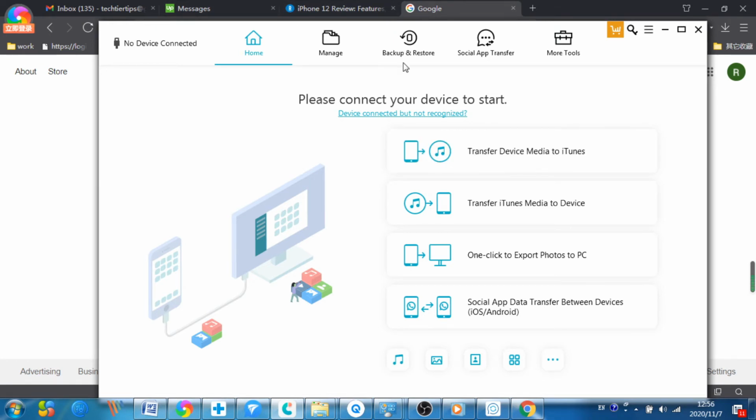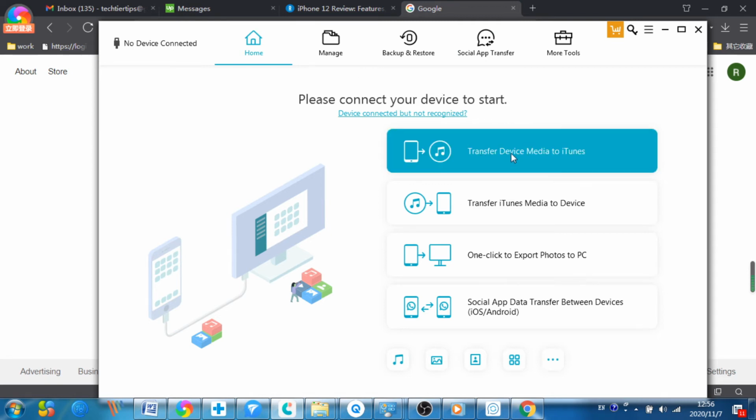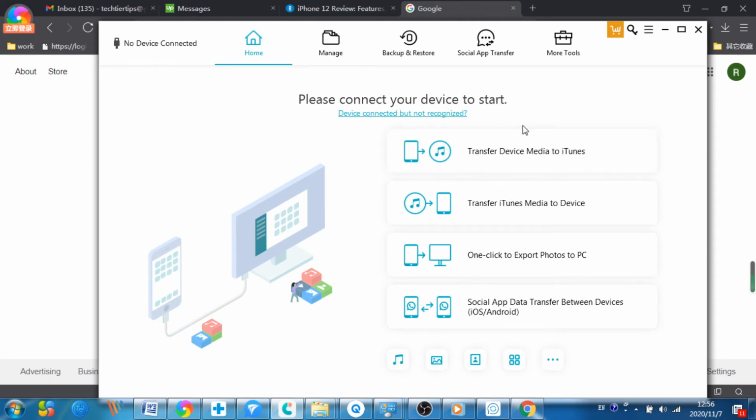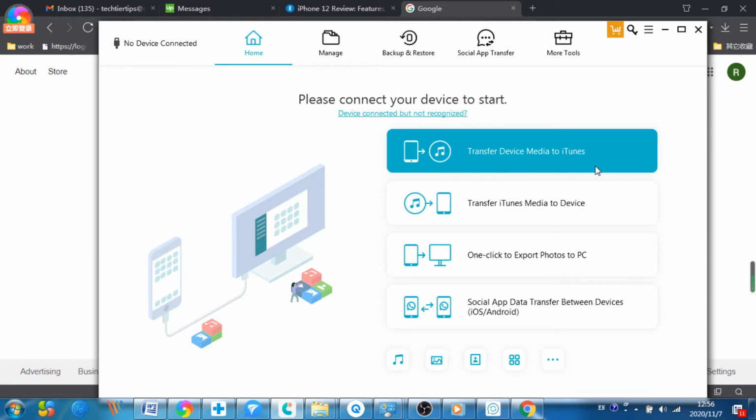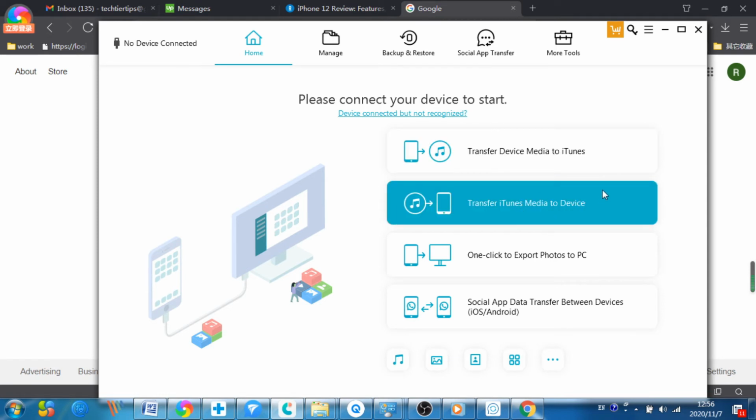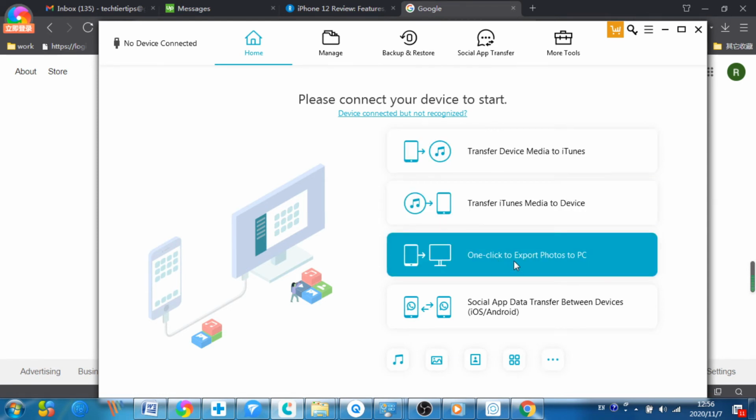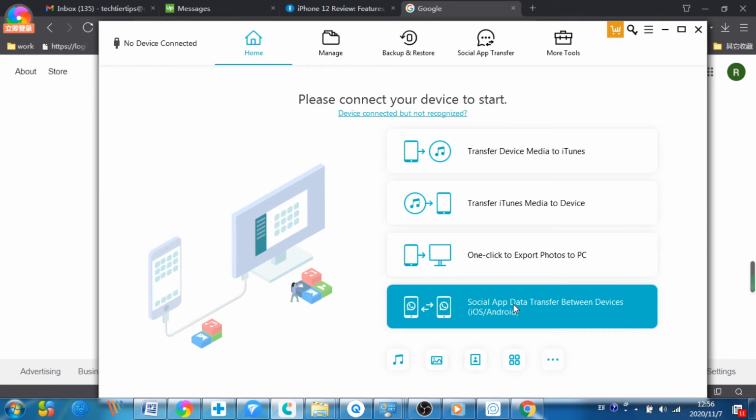In addition to the social app transfer function, there are also many options you could choose. For example, you could transfer device media to iTunes, transfer iTunes to device, and also one-click export your photos to PC, as well as the last one, which I will introduce today,